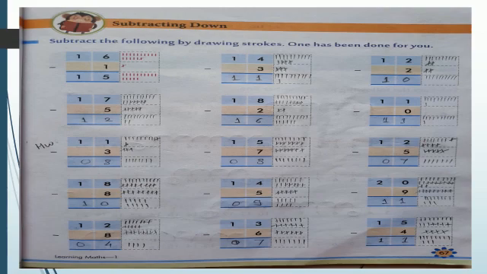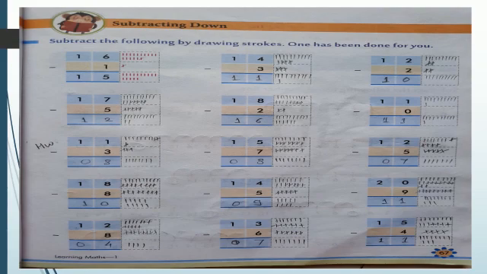Now what we are going to do, we have to subtract here. So we are going to cross the strokes. What is our second number? It is 1. So subtract 1 stroke from both the lines. Now count the remaining strokes. What is that? 15. So the number of strokes remaining is 15. Means we can say 16 minus 1 is equal to 15.